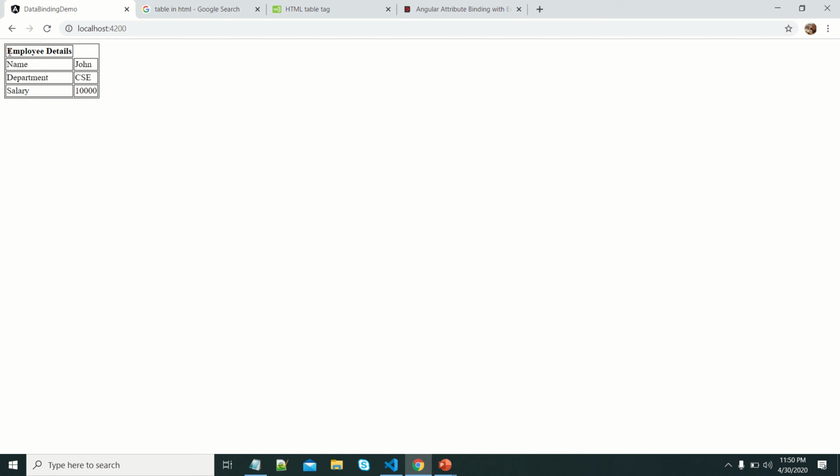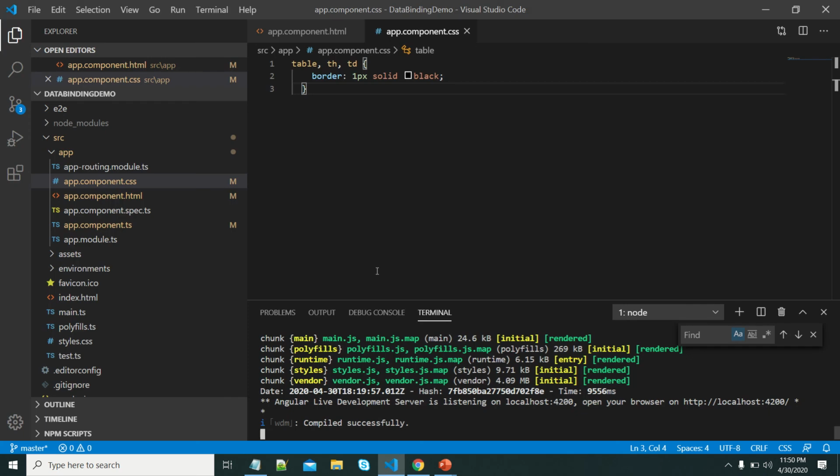To do this in HTML, we need to use the colspan property for th, where we specify two columns, so employee details will span two columns. Let me try to add that.